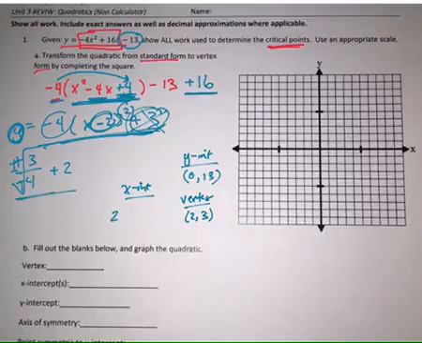I'm going to move this around a little bit. 2 plus or minus the square root of 3 over 2, right, if you understand what I did there. Comma 0. Those are my x and y intercepts. So they said use an appropriate scale. Well, 13 is my